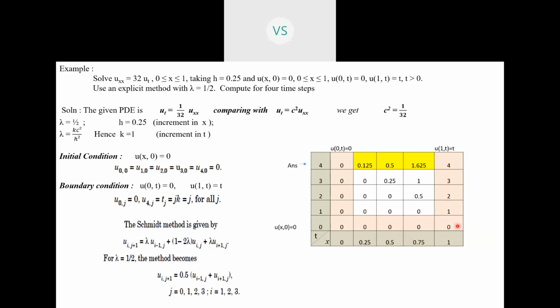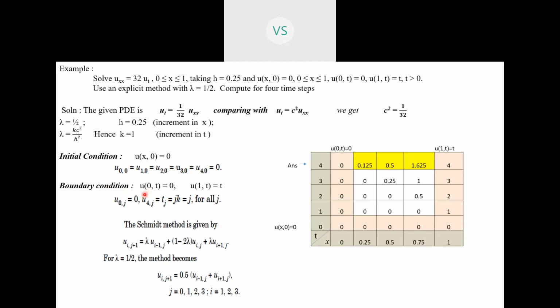Now this is the initial condition. Time condition is the initial condition. Now you have to write the boundary conditions. How are boundary conditions written? The boundary conditions are written in this manner. Boundary conditions will be along the two endpoints. What are the two endpoints? X is equal to 0 and x is equal to 1. These are the two endpoints.